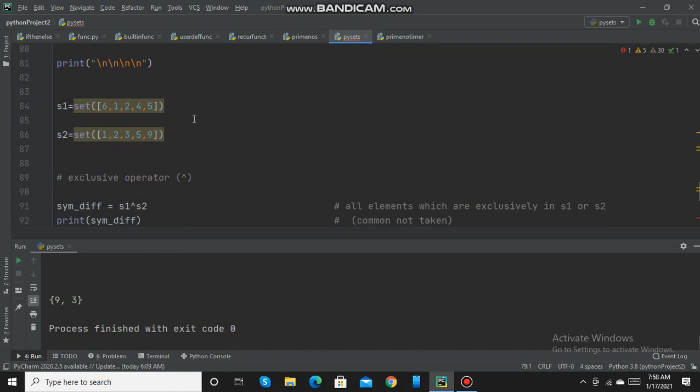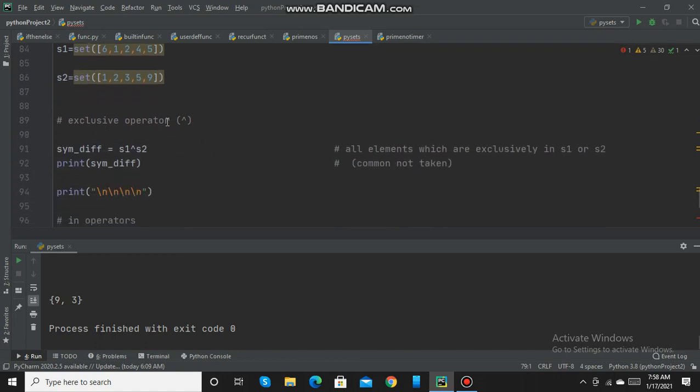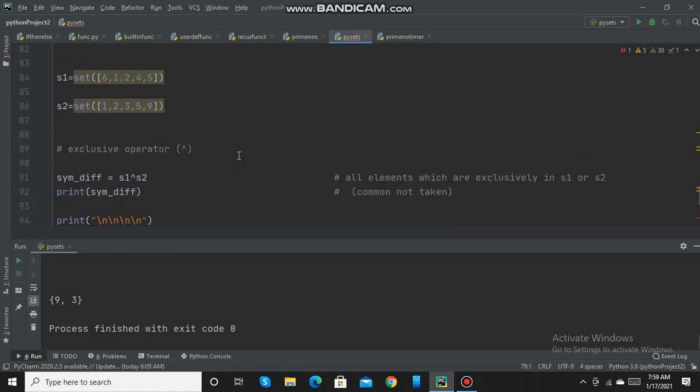Now we have the exclusive operator, which will return all the elements which are exclusively in S1 and S2. In other words, common elements will be removed. Exclusively in S1 are 6 and 4. Similarly, exclusively in S2 are 3 and 9.